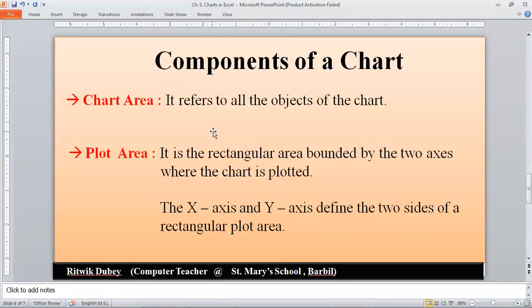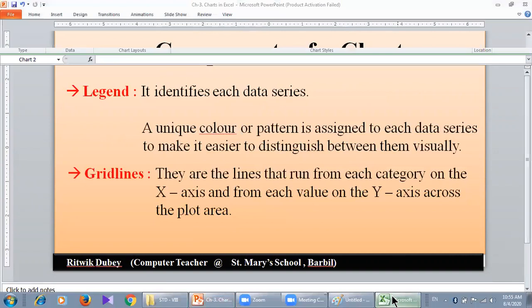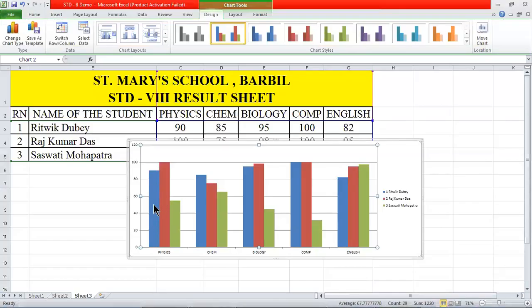Then legend. Legend identifies each data series. A unique color or pattern is assigned to each data series to make it easier to distinguish between them visually. For example, in this case, blue color belongs to Ritwik.